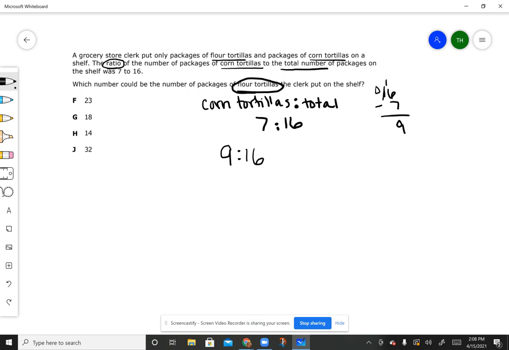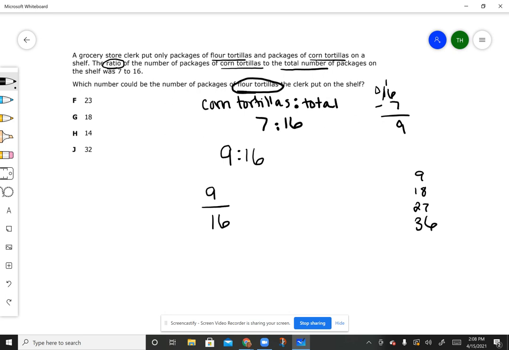I look, and that's not one of my answer choices, but I know if I'm working with ratios, I can find the multiples of my numbers, and my ratio will not change. So I'm going to rewrite my ratio as a fraction, 9 out of 16, and then I'm going to find multiples of these numbers. Okay, so I know if I'm listing my multiples of 9, I have 9, 18, 27,